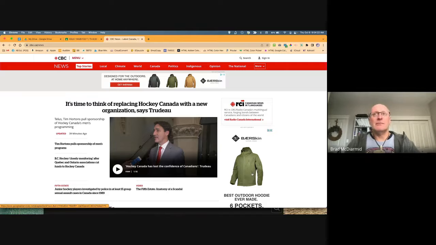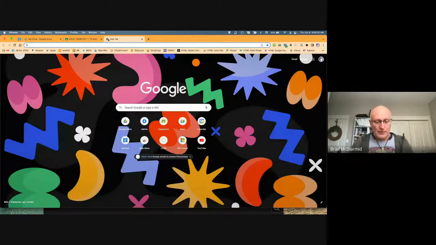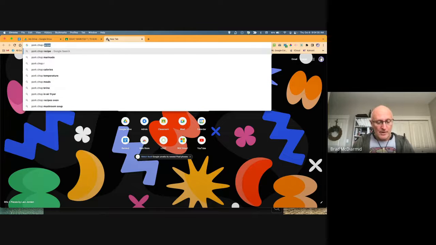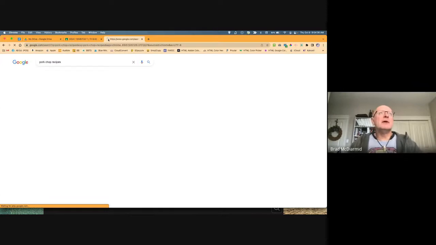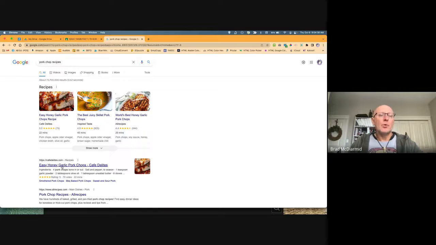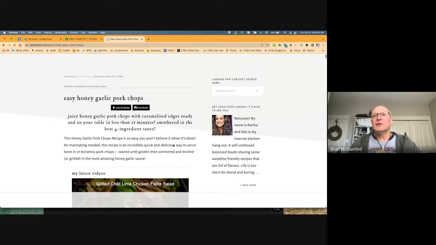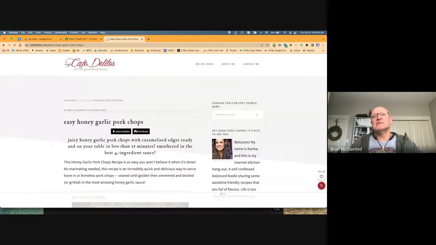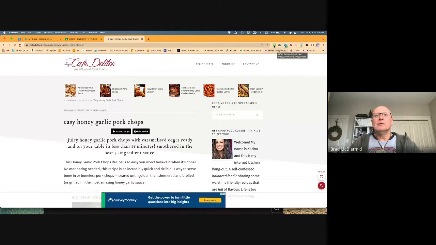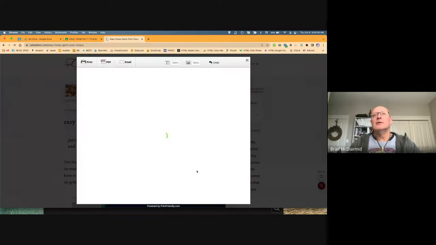What I actually use it the most for is if I come here and there's a great article. And you know what, here, I know this is one that I always do this on. Let's go, pork chop recipes, right? If you go to a recipe website or a recipe blog, you get all this nasty stuff that you don't want. When I use that extension, so this page is still loading, I can get rid of all of that. I can get rid of all the pictures that I don't want, right?